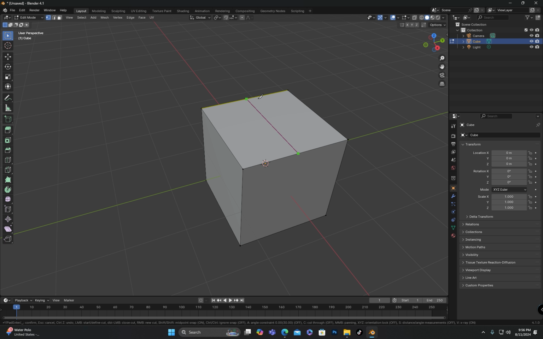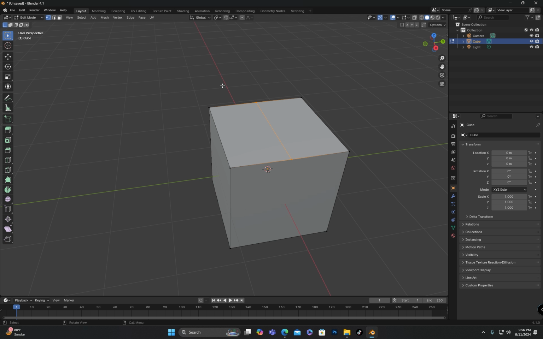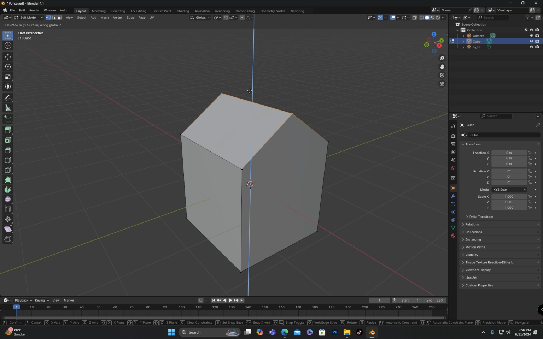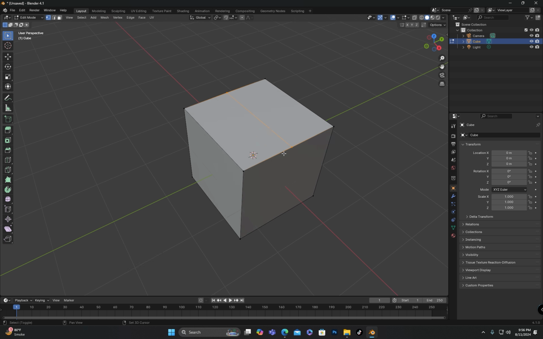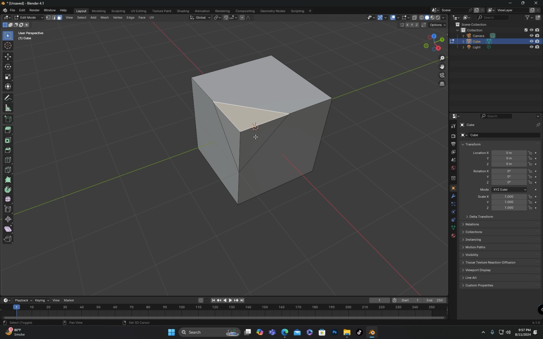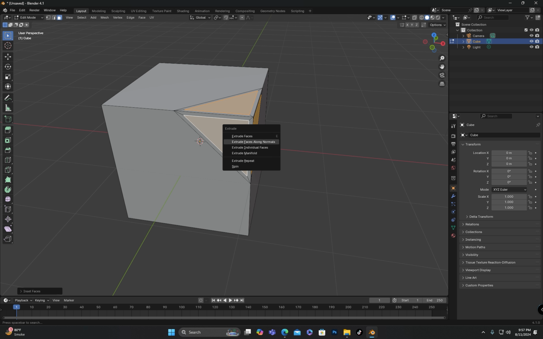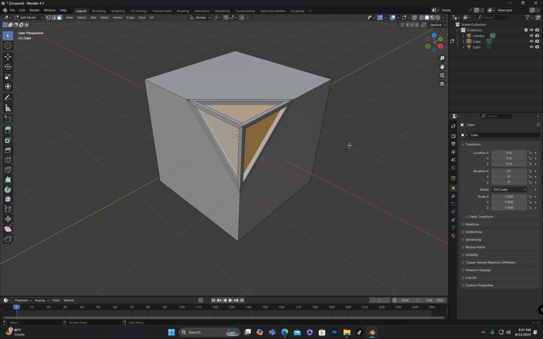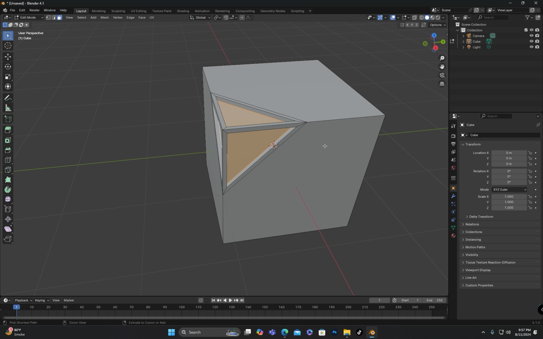Now if I move the mouse cursor close to the midpoint on the other side and press shift, the knife tool will snap to that midpoint as well. If I then press shift and click, a point will be added at the midpoint with the knife tool. Finally, if I press enter, an edge will be created from the starting point to the ending point. In the same way, using the shift key, you can design specific shapes. I will undo the actions again so we can explore the other options.